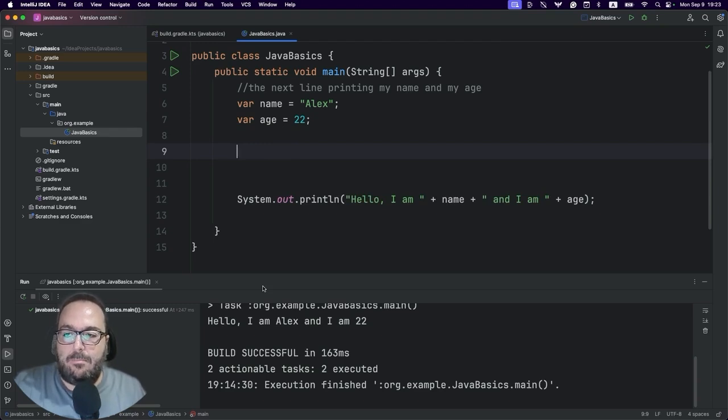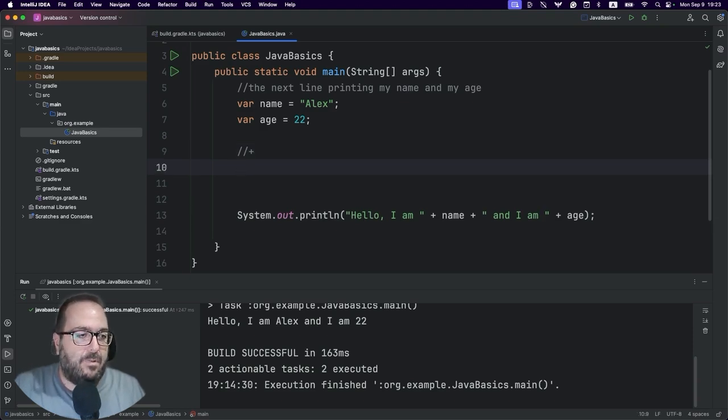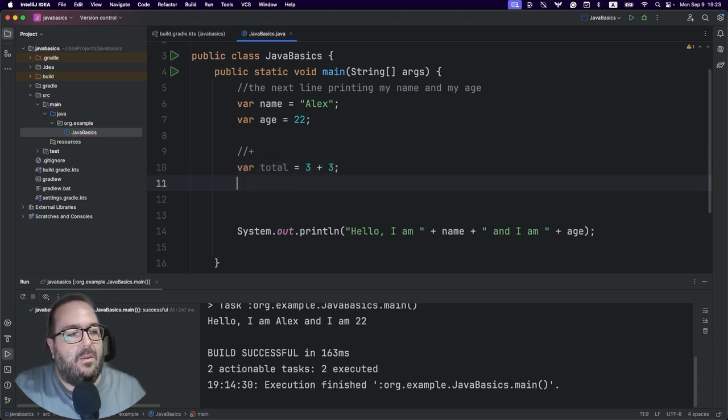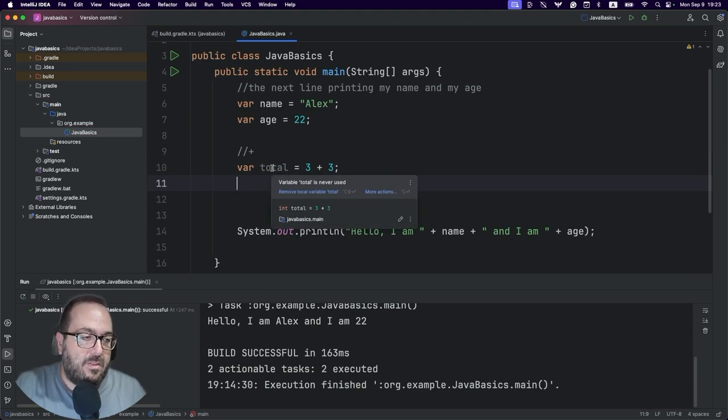The simplest one is the plus operator, right? I'm going to leave some comments here so you can follow up. So the plus operator is doing additions, right? Let's see an example. We have a var that is calculating a total, and we can say this var is equal to 3 plus 3, right? So this is an integer.